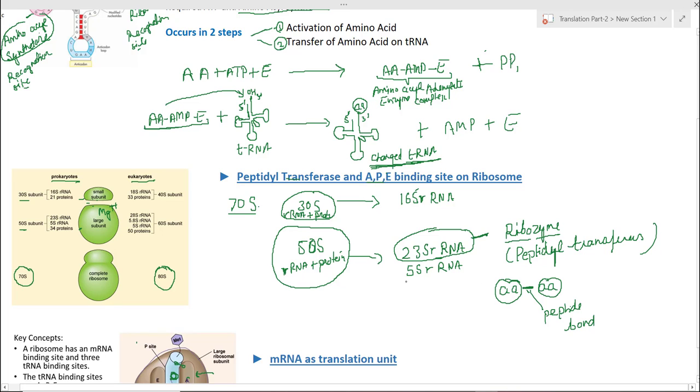This is about the ribosome. As a part of the translation machinery, it also acts as a cell factory for translation. Ribosomes are also known as the cell factory for translation. Actually, this also gives the platform for the process of translation. Ribosomes have different binding sites on them. Ribosomes have different binding sites for mRNA and for tRNA.